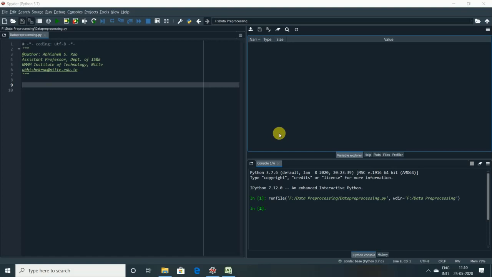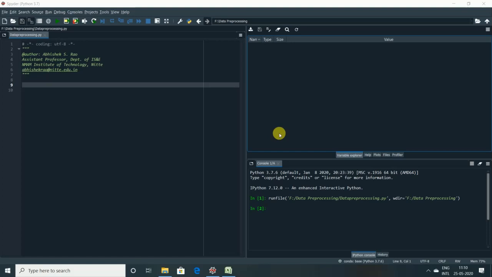In this session, we will cover the most important aspects of data pre-processing like importing the libraries, importing the data set, taking care of missing data, encoding categorical data in terms of independent variables and dependent variables, splitting the data set into the training set and testing set, and also the feature scaling techniques.